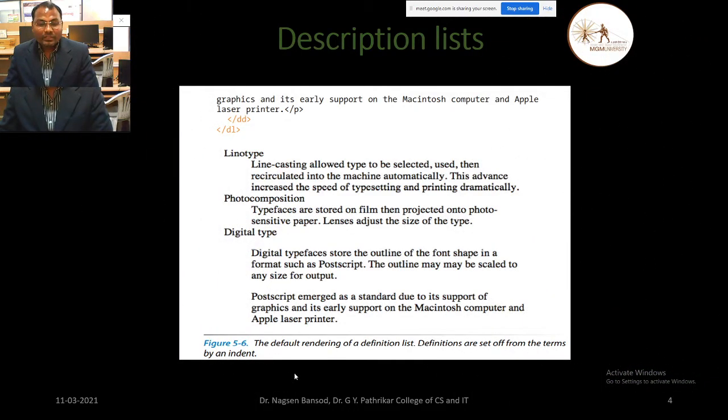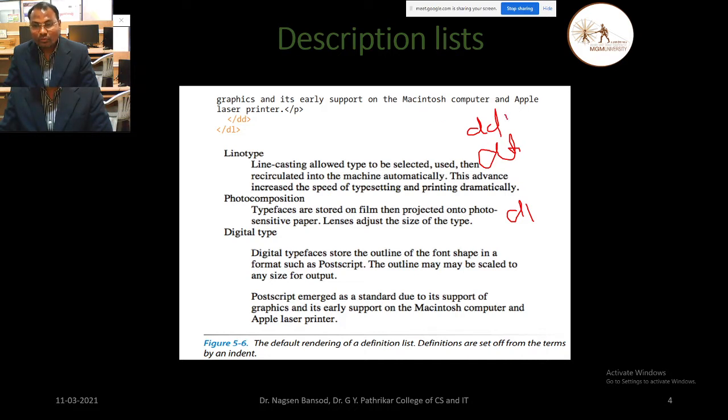Figure 5.6, the default rendering of a definition list. Definitions are set off from the term by an indent. There may be a question: what is DD, what is DT, and what is DL in the descriptive list?